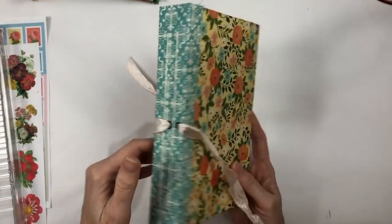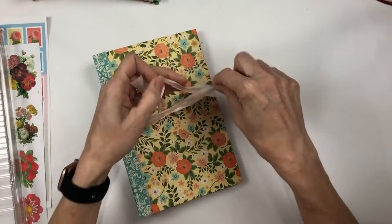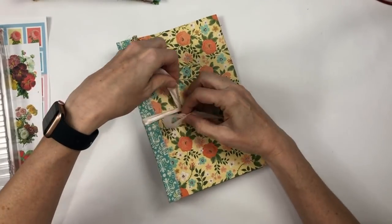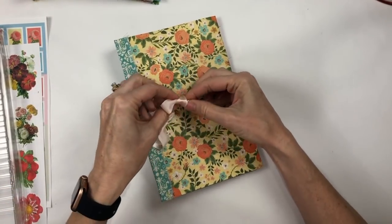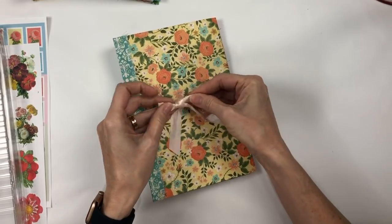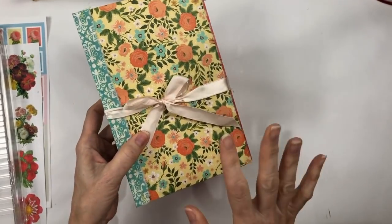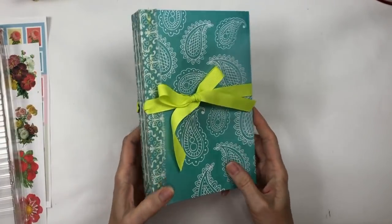But anyway, this is the first one that I made, and for a closure, hers closes with some seam binding, and I grabbed this. This is a piece of vintage ribbon that I had, and that's the length that it already was. So that was my first one, and then I made another one,